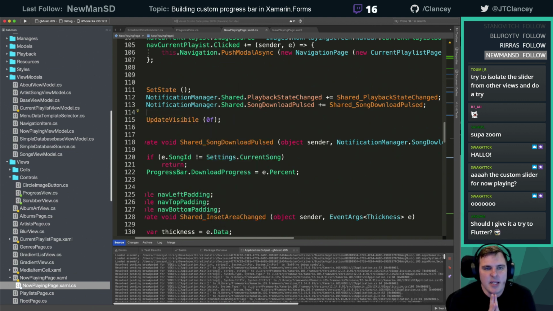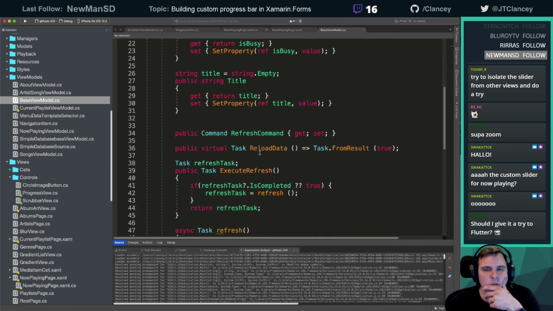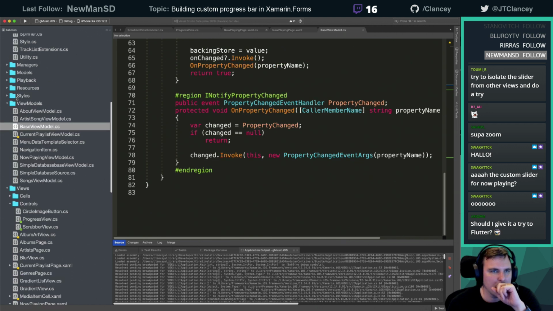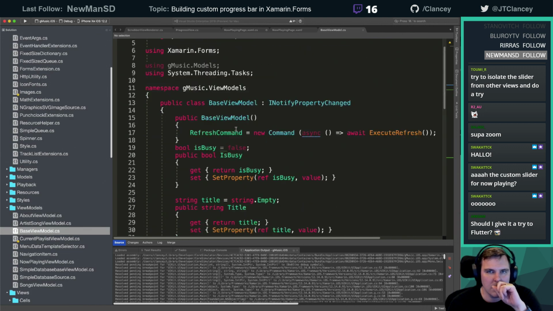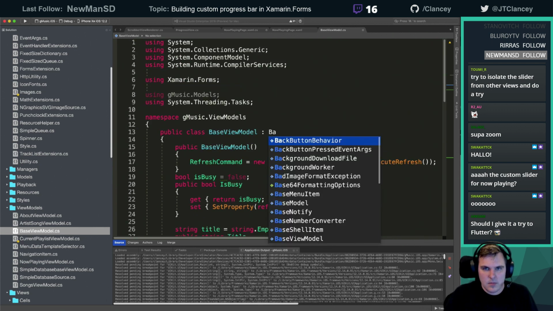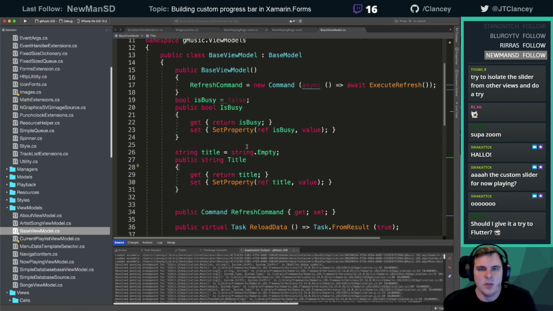How do I get that state out? This is where I wish my base models were all the same, where I had that subscribe. I might fix that. Okay, so if we do that,